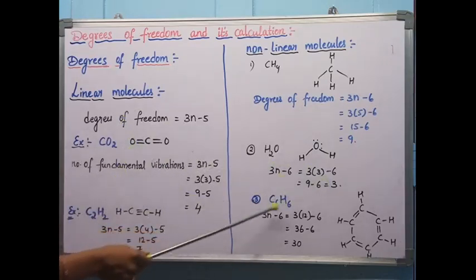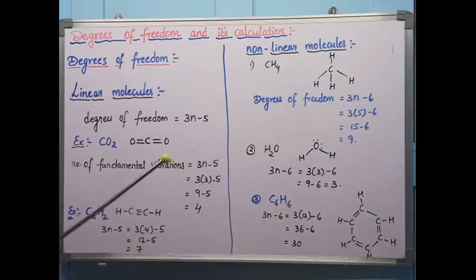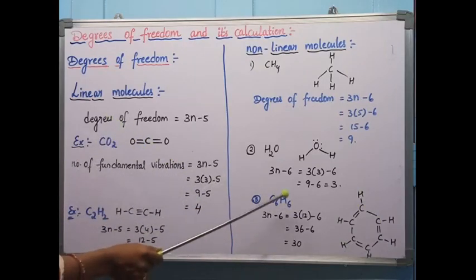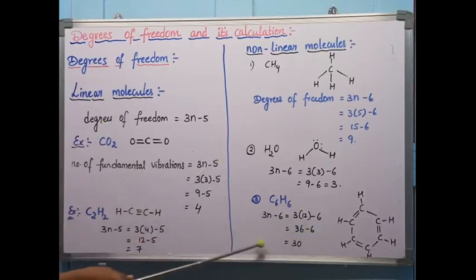So next I'm taking benzene. Benzene has the formula C6H6. So C6H6, you can observe the hexagonal structure of benzene with alternating double bonds. And in benzene, if you observe, there are 12 atoms in the molecule. So 3n minus 6 is equal to 3 into 12 minus 6. So we know 3 twelves are 36, 36 minus 6. So totally we are getting 30 degrees of freedom in benzene, or otherwise we will say 30 total fundamental vibrations can be observed in benzene. So this is completely about fundamental vibrations or overtones and calculation of degrees of freedom.